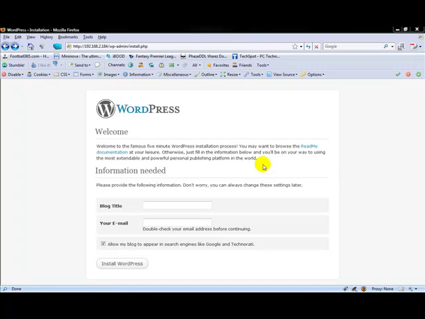Hi, welcome back. After we have installed and set up the server, now it's time to install WordPress from the web browser. So the first thing to do is just put in the following address, and make sure you put your own server IP address here. Once that's done,